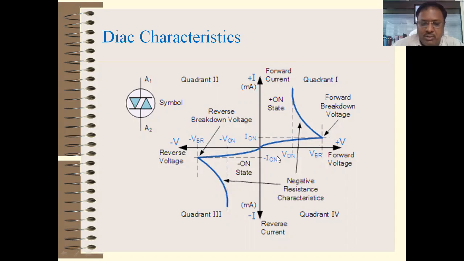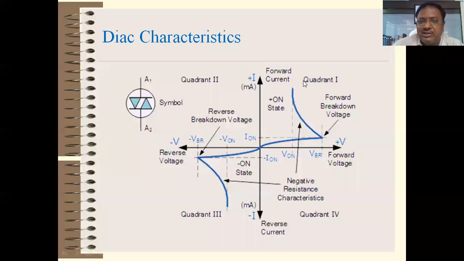But again, one important thing is that the breakdown voltage of a diac is larger as compared to a diode. Your diode turns on after 0.7 volt, and then a current flows through the device. But for a diac, when the voltage applied between A1 and A2 is greater than VBR1, then your device turns on. After that, the voltage across the device decreases, but still it is not 1 or 2 volt. It may be a different value for different diacs. That depends upon the manufacturer specification, but it is not equivalent to 1 volt.